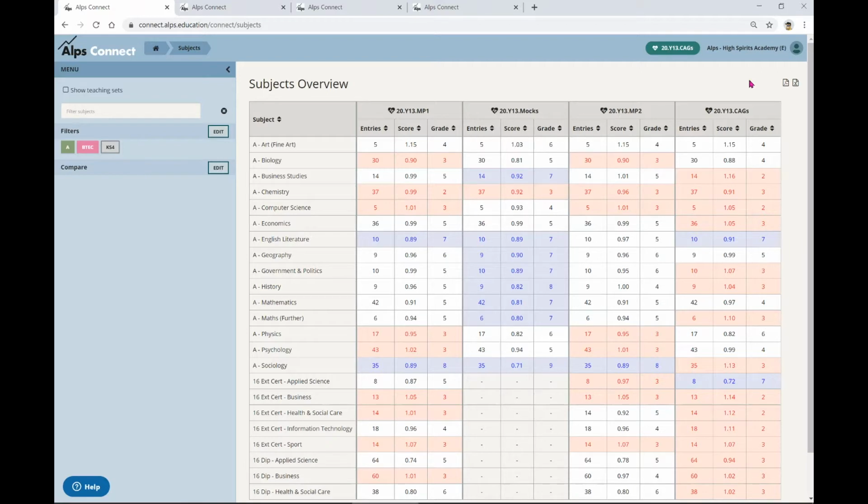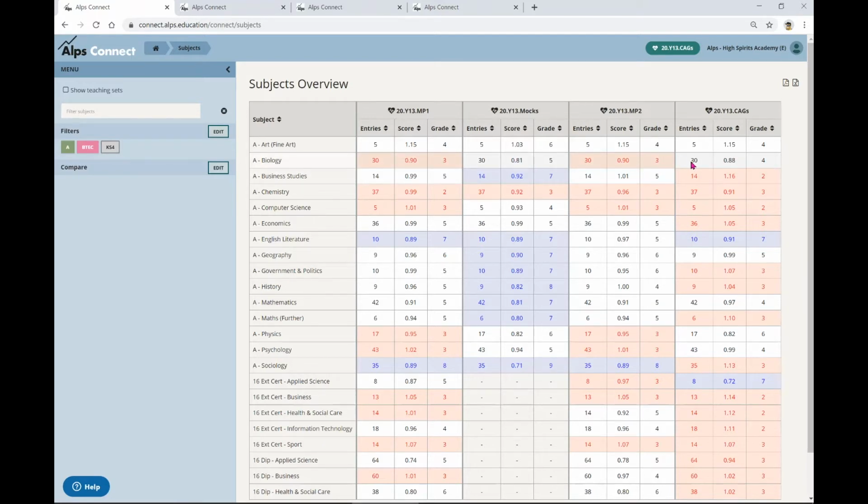But that's history. We need to be moving on and focus on our current students. What this does enable me to do is to begin to get a bit of a feel for how departments have been monitoring. If we just look at biology, for example, we can see here that at monitoring point 2 the teacher predicted grades were grade 3. When they did their mocks in January time, it was a 5. And the centre assessed grades are actually a bit lower than this monitoring.